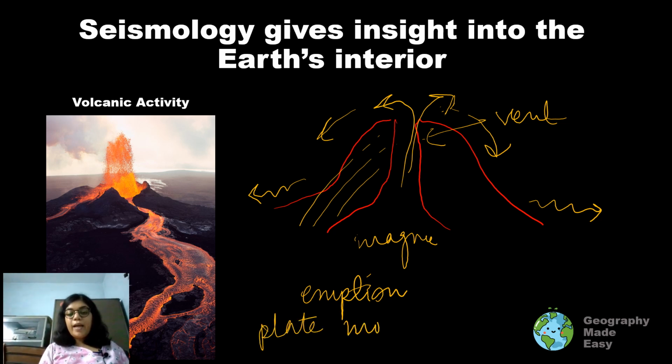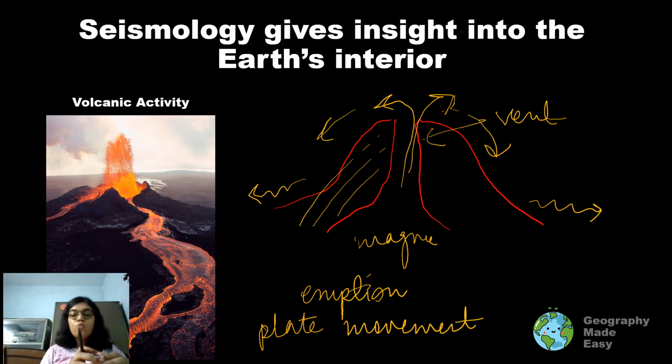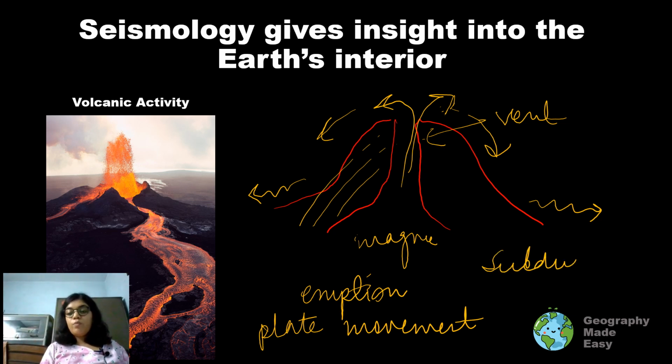So we know that the surface of the earth is not one rigid body, rather it is broken up into flat surfaces called plates. So we know that the crust is broken up into these plates. We have the oceanic plate, we have the continental plate, and we have plates which have both the oceanic crust and the continental crust. In certain parts, we see that there is subduction, where one plate will move below the